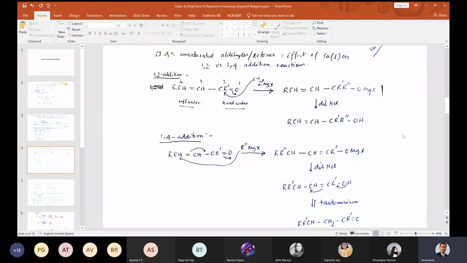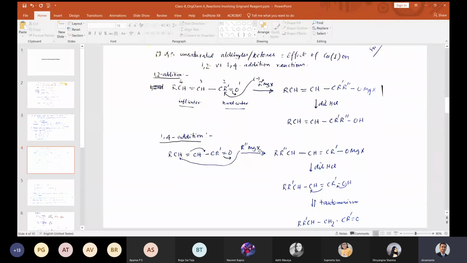Okay, forget about those two reactions. Let's understand the basic thing, which is very simple anyway. If you have this kind of molecule where there is a double bond and a carbonyl compound, this double bond is in conjugation with this carbonyl compound, correct? You take RMgX. This RMgX has two possibilities. It can attack this carbon or it can attack this carbon. This double bond will come here, this oxygen will go. If it attacks this carbon, you get what? It is attacking, this is R double prime. So this R double prime is here, OMgX, dilute HCl, you make OH. So you get a kind of secondary alcohol.